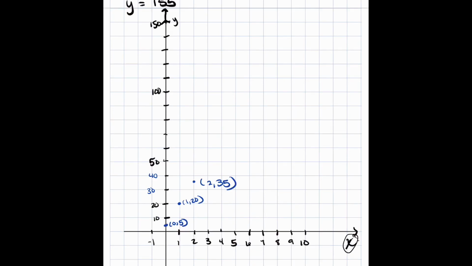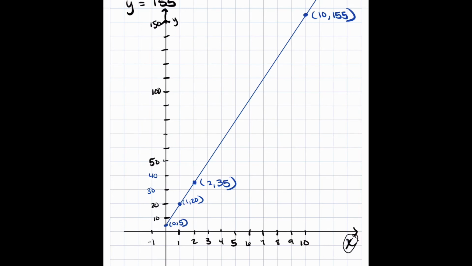So this final one was over 10, up 155. That would be right about here. Over 10, up 155. So when I connect these, they should make a straight line, and I'm doing it on the computer, so this is actually going to make a perfect straight line for me. Yeah, perfect. Okay, but remember these are linear equations, so all of these should be a straight line, which basically